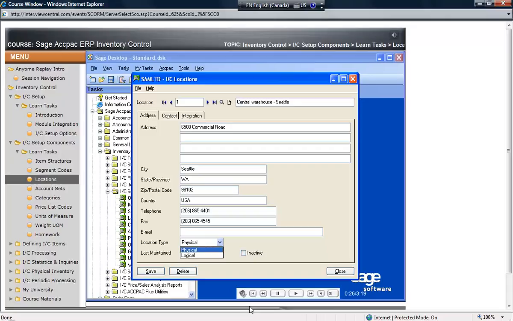A physical location is typically a warehouse or section of a warehouse where items can be received, stocked, and sold. Logical locations indicate a virtual location where items exist but cannot be received or sold. For example, a truck, train, or ship. Typically, logical locations refer to items that are in transit between locations. Items existing in a logical location will appear on reports and inquiries, however they are not available for sale, at